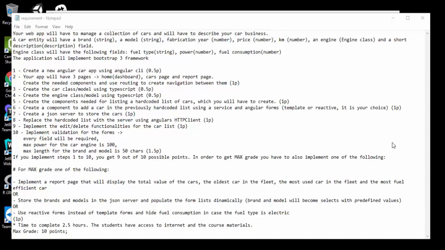So let's start. First of all, we need to create an app that will have to manage a car business. So for this, we'll have to manage some cars. We need to create some data structures for these cars. Each car will have an engine and some fields that are described here, and